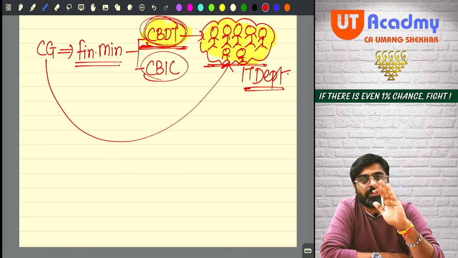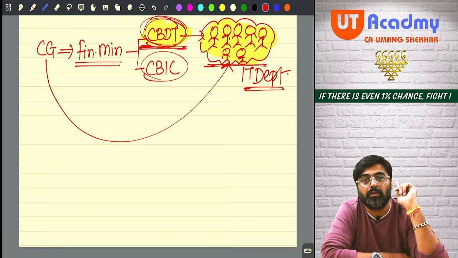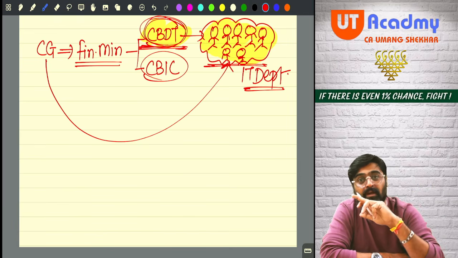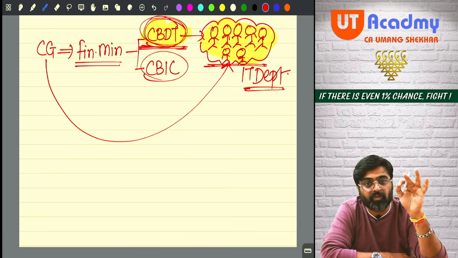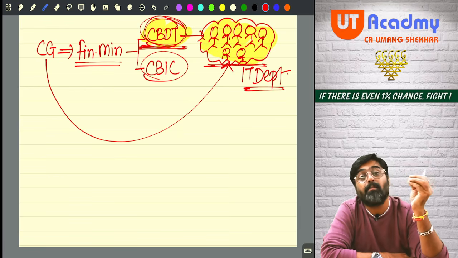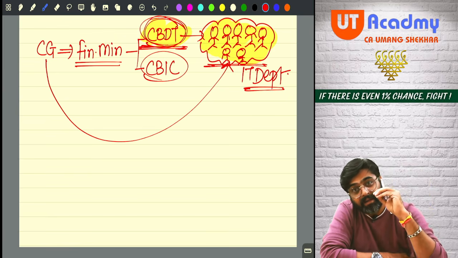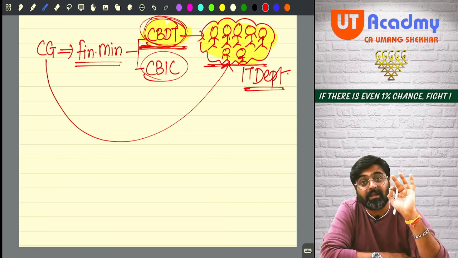But it is not necessary that the circulars which are issued are to be followed by the taxpayers also. The taxpayer may or may not follow the circular, because those circulars are not issued for the taxpayer. Those circulars are for the internal working of the department. However, if certain circulars are beneficial for the taxpayer, then certainly the taxpayer can take the advantage of those beneficial circulars, but it is not necessary that the circulars are binding on the taxpayers also.